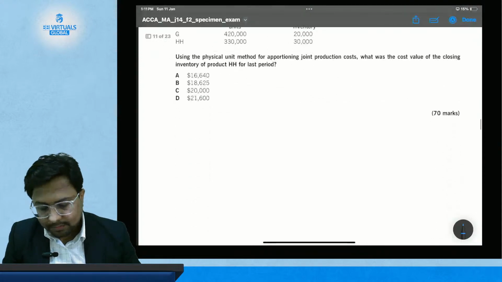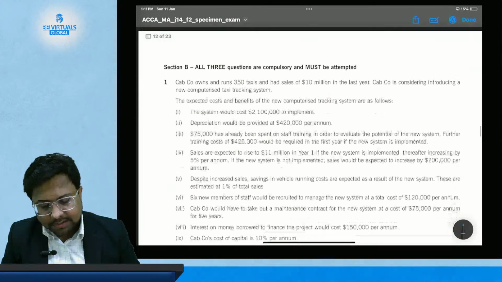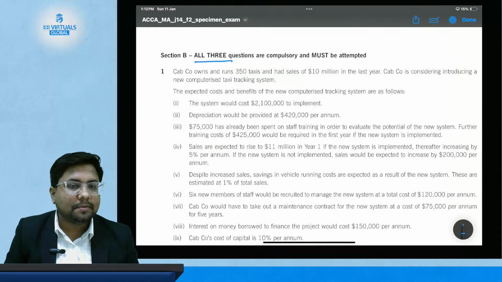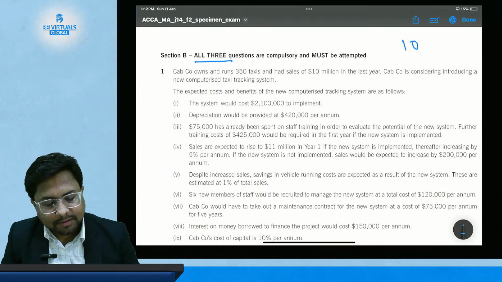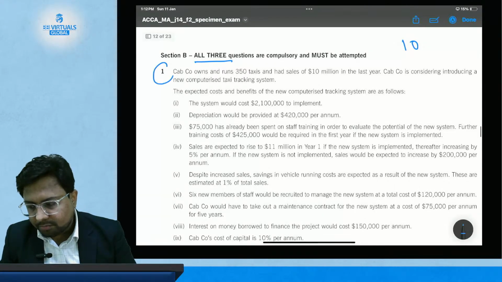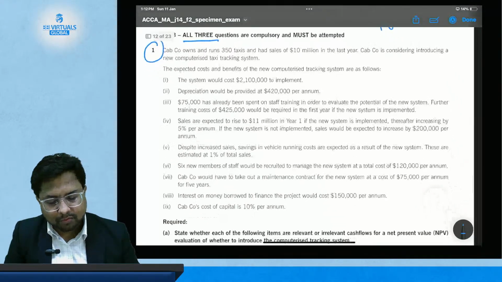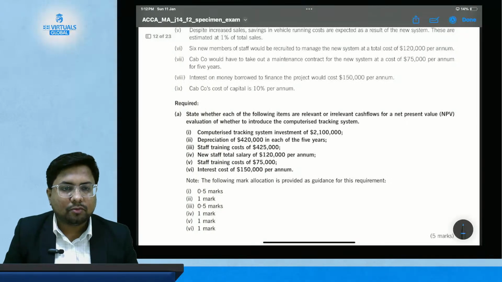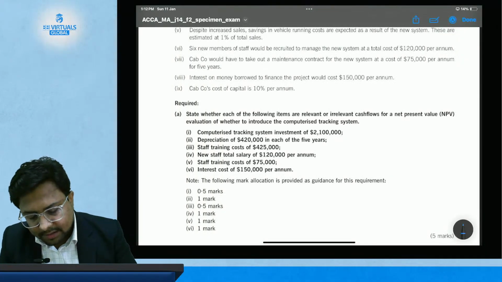You will have section B. Section B will cover 3 questions. Section B will have 3 questions of 10 marks each. So suppose question number 1 of 10 marks will have subcategorization of question, will have sub question, that is question